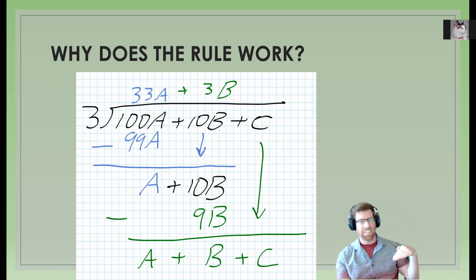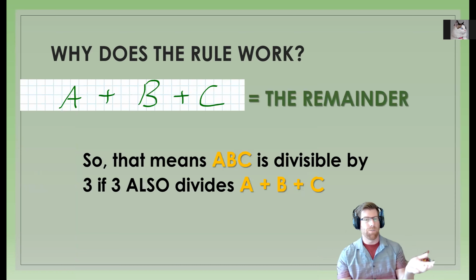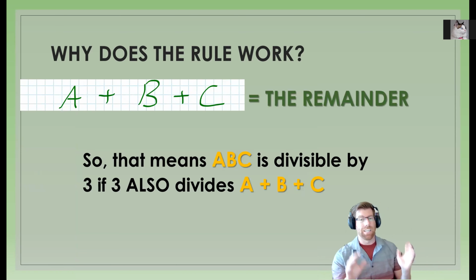And so what's that thing at the bottom of long division called? That's called the remainder. If you want to divide something and not get a fraction, right, that remainder down there needs to be 0. But since this is ABC, it could be any set of digits. We want that to be divisible by 3 as well, right? So that's really what it comes down to: the remainder A plus B plus C, is that also divisible by 3, right? So that's required for a number to be divisible by 3,